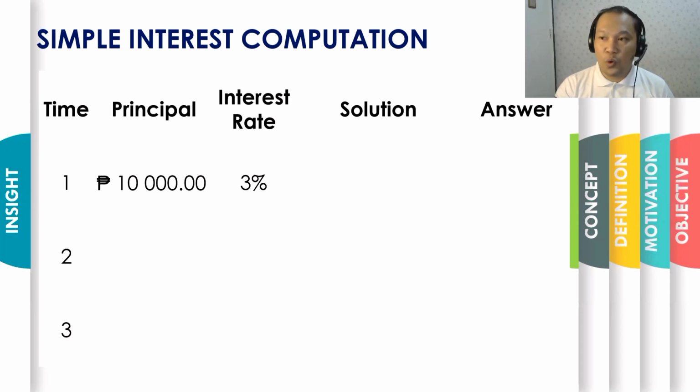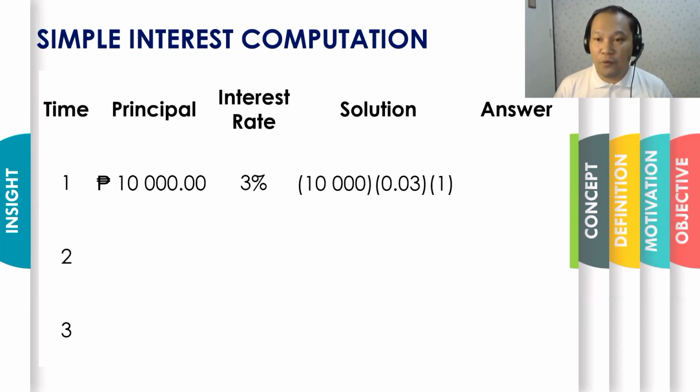Therefore, after 1 year, how are we going to get the interest earned by Peter? That is to utilize the formula P times R times T, or the principal amount